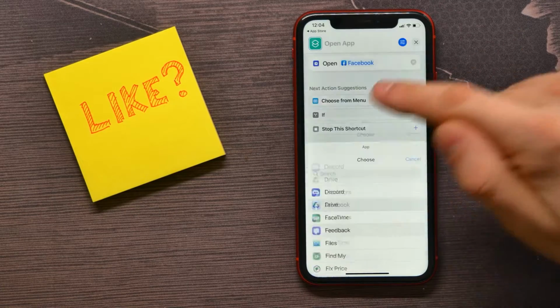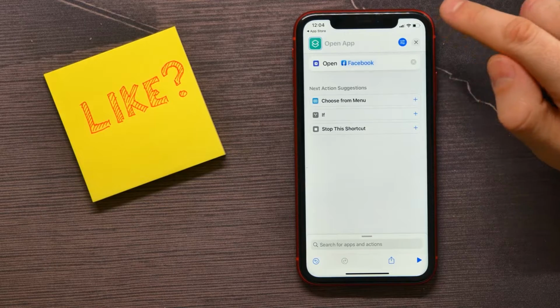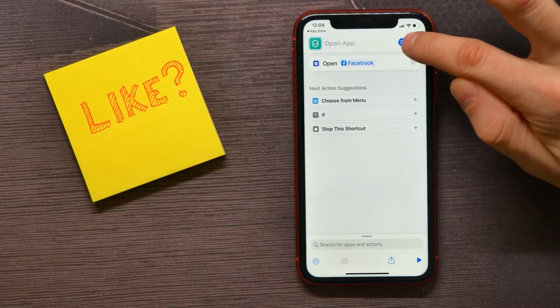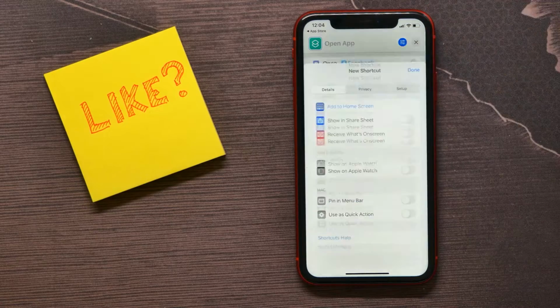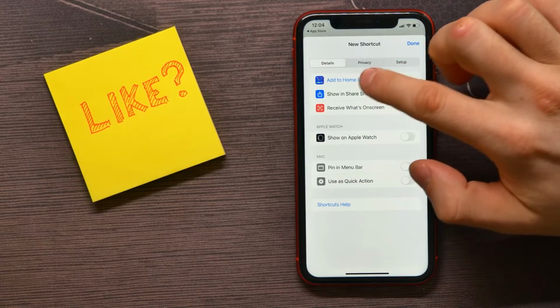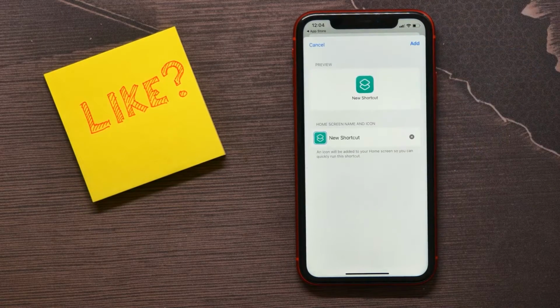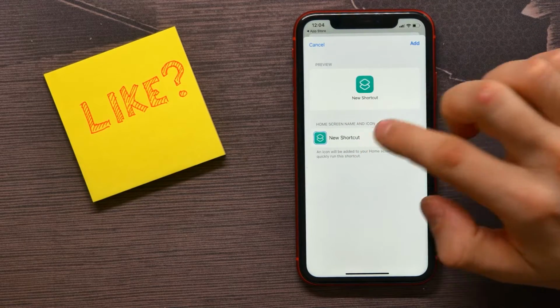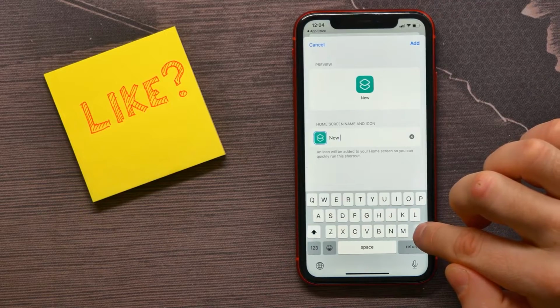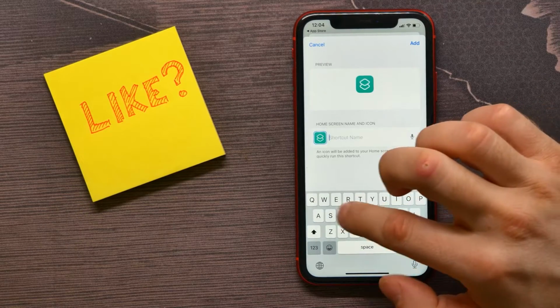That's right here, select that, and then tap on that blue icon right here to open up settings, and here select add to home screen. There I need to do two things. First, make a name for that shortcut. I'll call it Facebook,